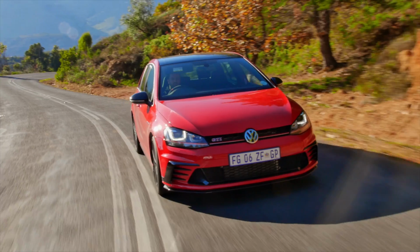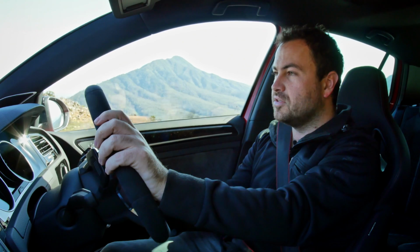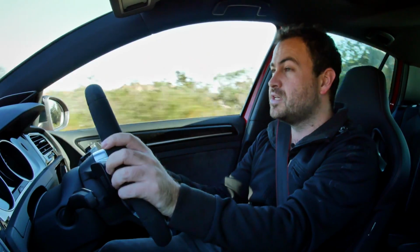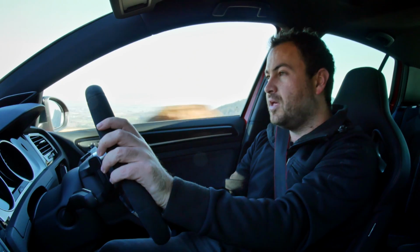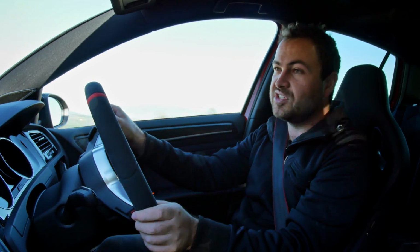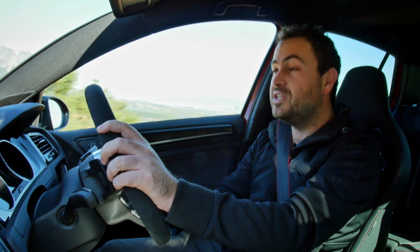But let's forget about the price for a moment and really get under the skin of this Clubsport. It sits 15 millimeters lower than a standard GTI and has suspension tuned specifically for this model. And if you choose dynamic chassis control as an option, which at under 12,000 Rand is probably worth it, then you'll have even greater control over the steering and the damping. It carries the clever diff over from the GTI Performance Pack too, and while the traction control does have to intervene in first gear, by the time you hit second, this thing is hooked up and it literally strains your